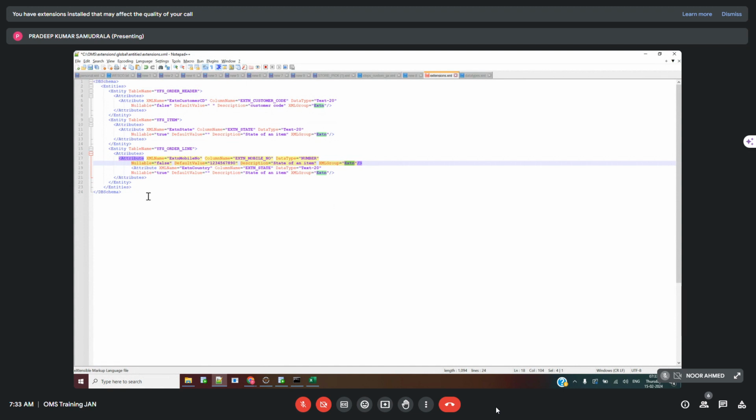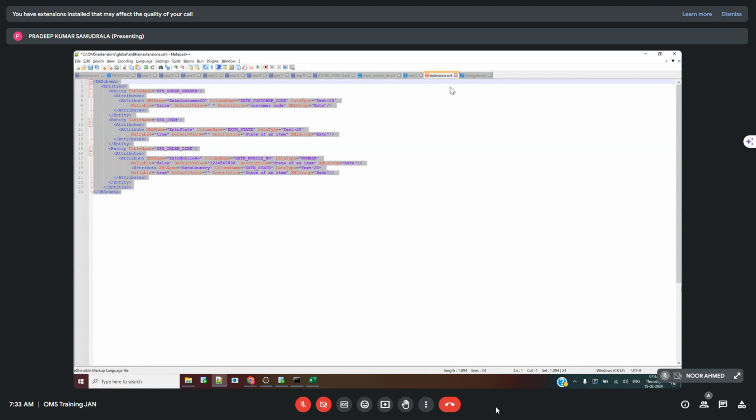Okay, so you have to do all the required changes in this particular extensions.xml. And once this extensions.xml is modified,